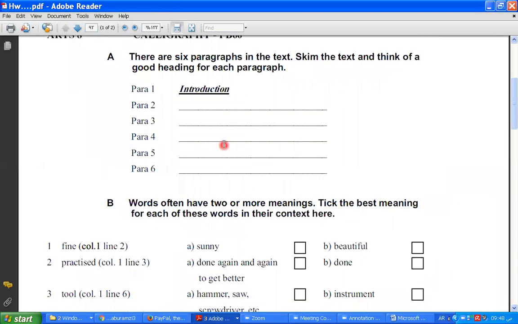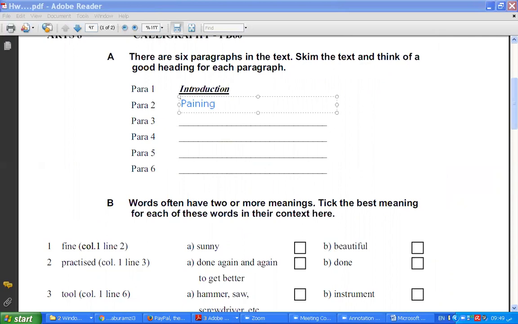Let me share it with you here. You can say, make it short because usually the title is short. Painting and